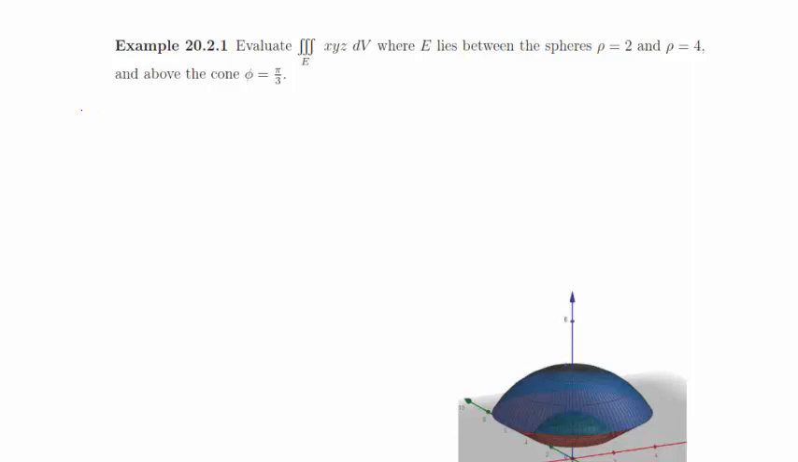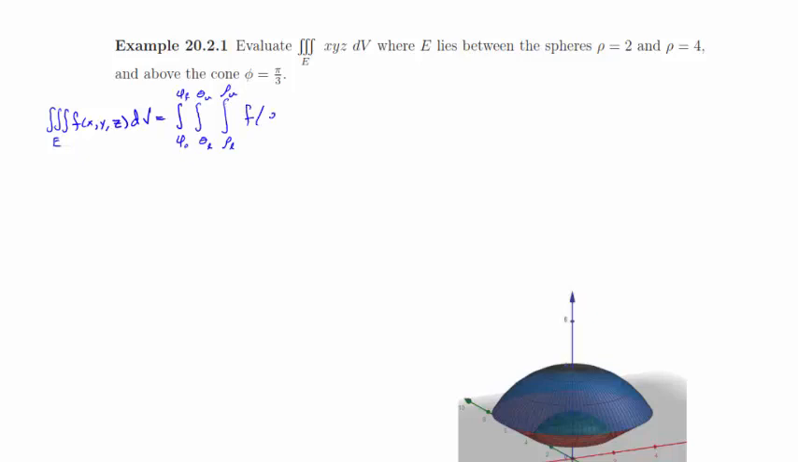So let's go ahead and just copy down that formula. Our triple integral over region E of f of x comma y comma z dV equals the integral from a lower phi bound to an upper phi bound, and then the integral from a lower theta bound to an upper theta bound, which may be functions of phi, and then we have an integral that gives us a lower rho bound and an upper rho bound that may be functions of theta and phi,